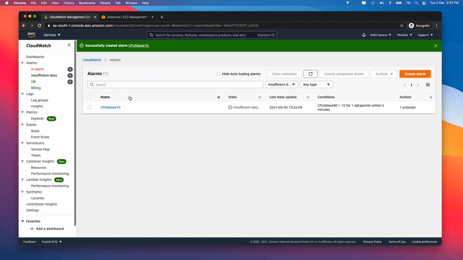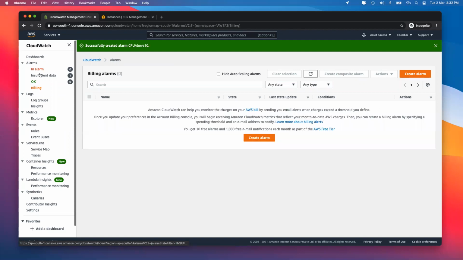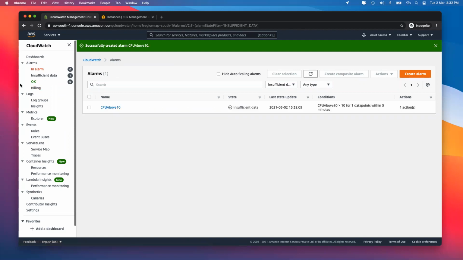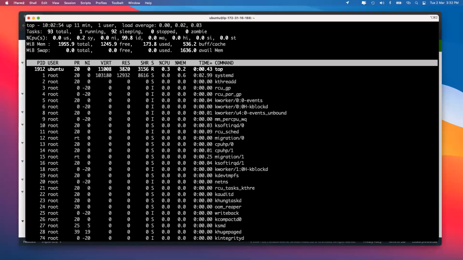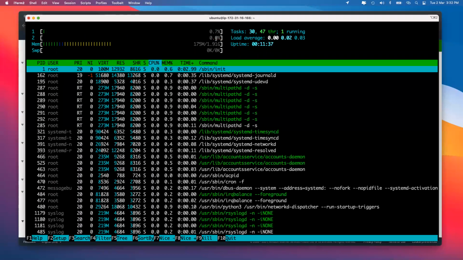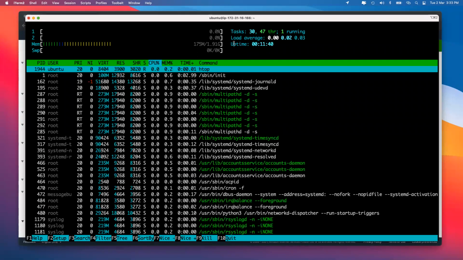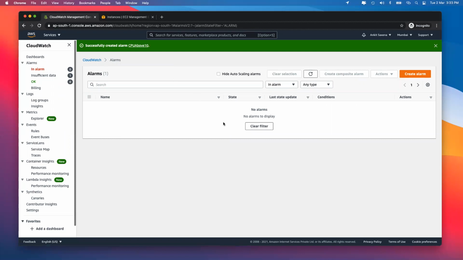So in the beginning, like we said, you are going to see the alarm initially in an insufficient state. That is why I see insufficient data over here, because right now only it has been created. In some time we are going to see that the alarm might go up or down based on how much CPU we are using at that point of time. So right now it's in insufficient data where it says 1. In some time it will go either to an okay state or to an alarm state, depending on what the configuration is at that moment. So if we go over here, we'll see that hardly any CPU is being used. That is why this alarm will be inside an okay state basically. So let it happen. In some time, we'll see it actually coming up over here.